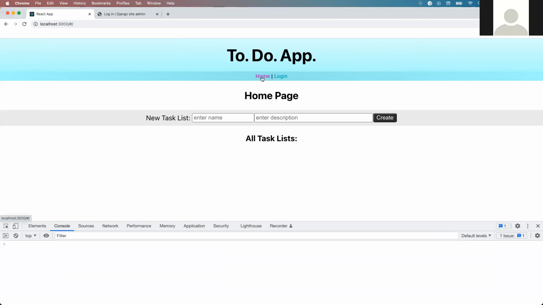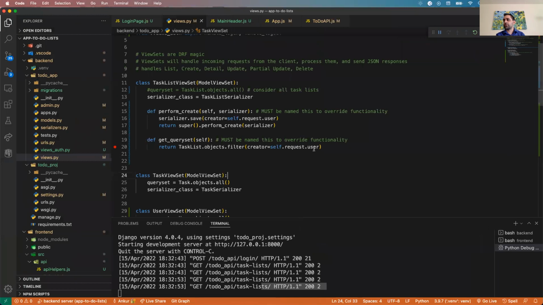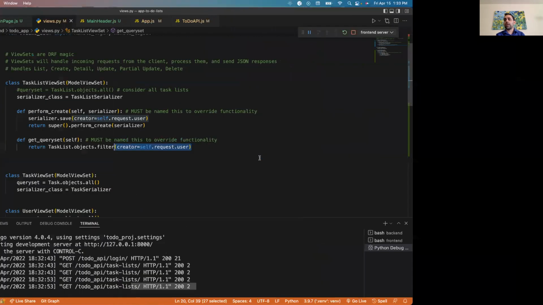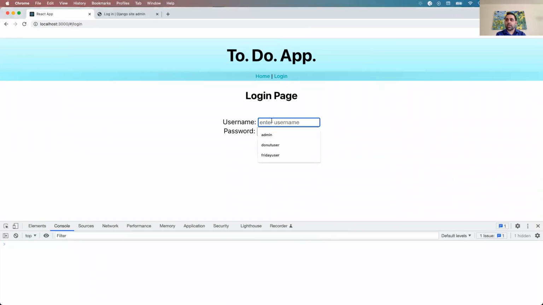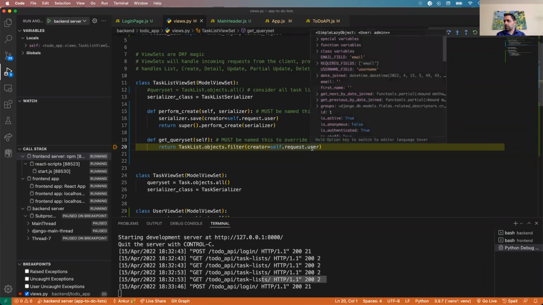You're expecting all the task list because this is an actual admin account. I'm not expecting all because I'm specifically filtering right here. So although the admin can have view perms on everything, that is not going to happen in this case. Let me try logging in again. Not sure what wires I'm missing. Okay, so I hit this now. This user is